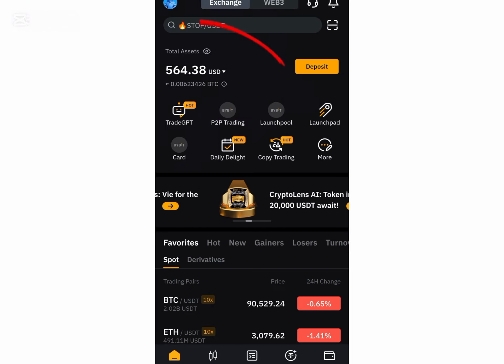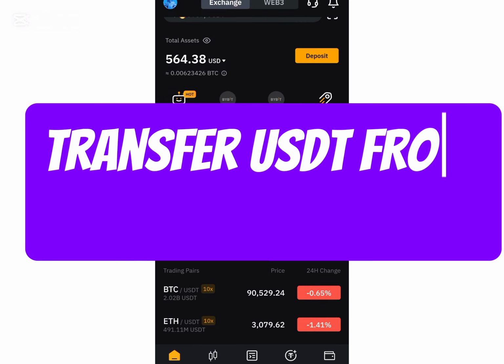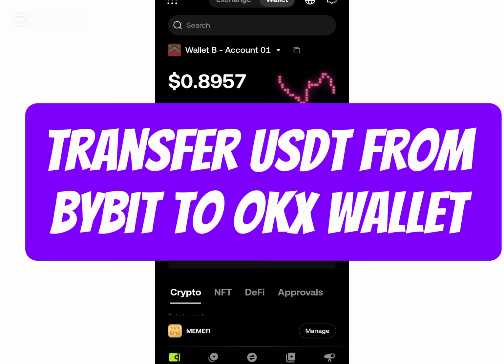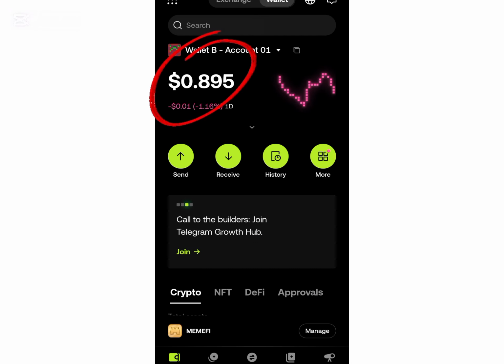So in today's video, I'll be showing you exactly how you can transfer USD from Bybit to your OKX wallet. If you have an OKX Web3 wallet, I will show you exactly how you can transfer USD to this